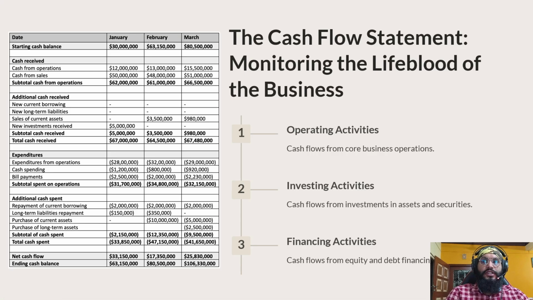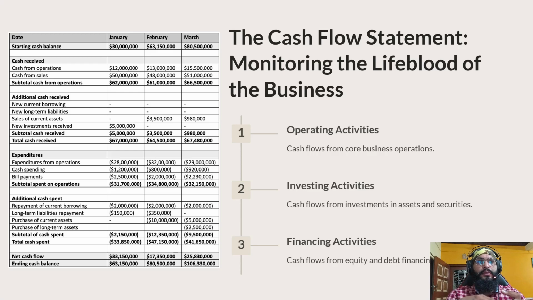The cash flow statement. The cash flow statement, often overlooked, is a very critically important part of the organization. This statement reveals how the money moves in and out of the business, highlighting the operational liquidity, investment activities, and financial sustainability. Cash flow gives us an outlook of how the organization is taking in the money and giving it out.